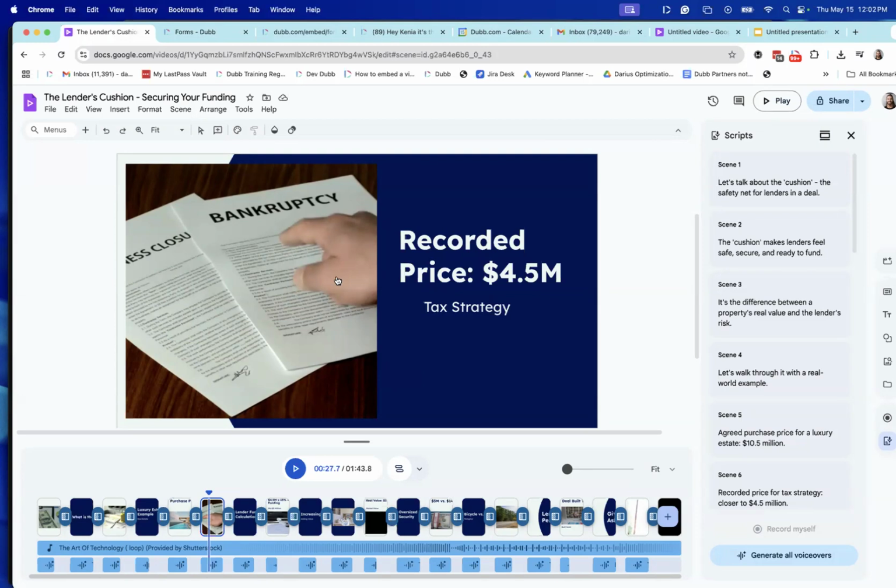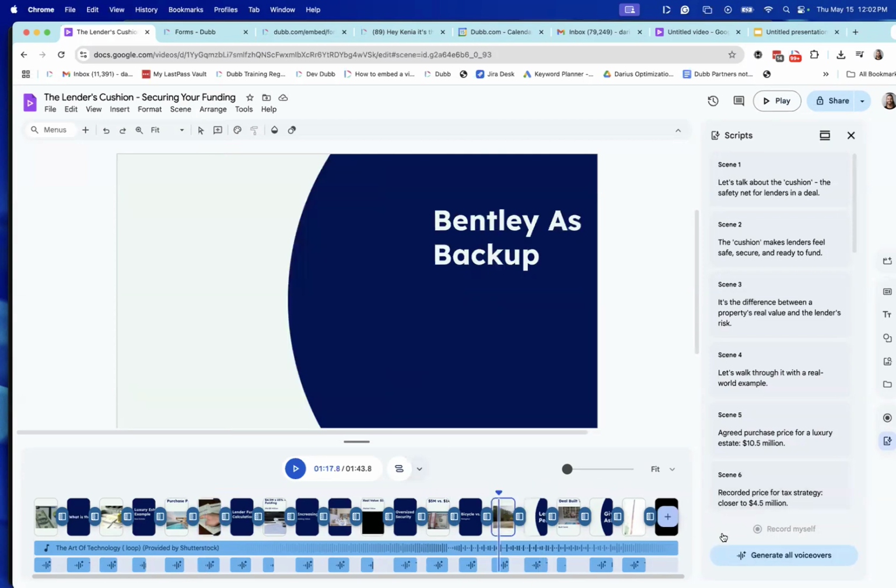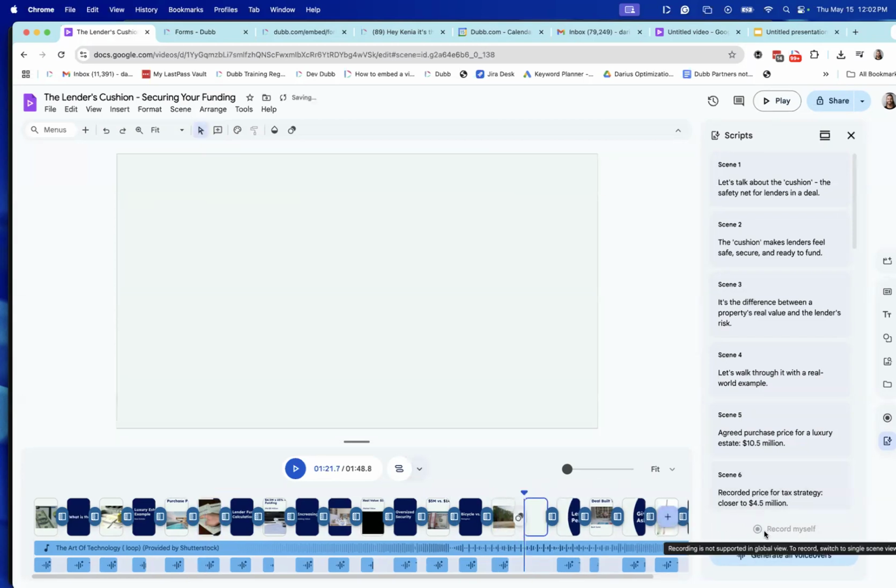Now, there are some other components within here. Like I can record a video as well. I can regenerate voiceovers. You can see record myself. Like if I go here, at some point in the video, I can then record a clip of myself. This stuff is not very good yet. Like the quality's weird, and the teleprompter, if you want to use it, is in the middle of the screen.